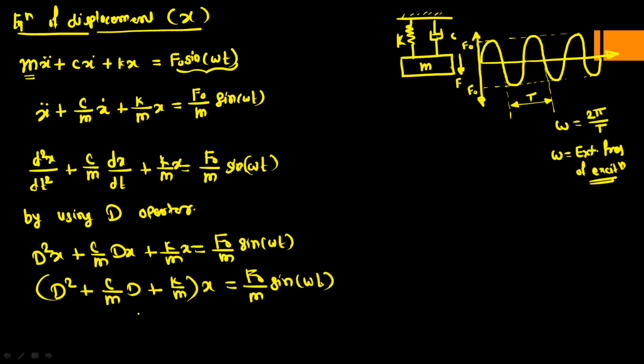Okay, now the complete solution of this equation, which is x, is written as x complementary function plus x particular integral. Okay, so here this equation has the right hand side as a variable term, which is f0 upon